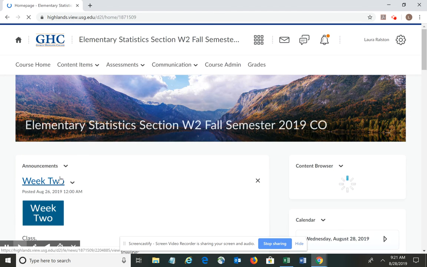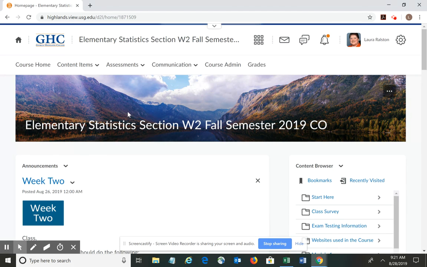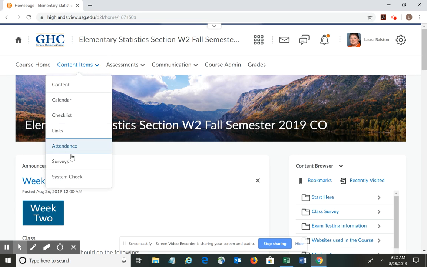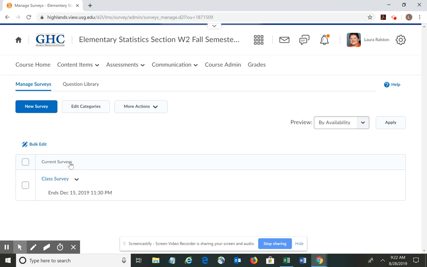So you want to navigate to your course, and I have several, so I'm going to choose this one. Then you want to go to content items at the top navigation bar, click the drop down arrow and go to surveys. We want to do the class survey, so I'm going to click on it,